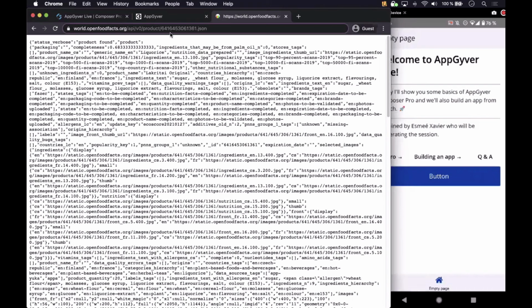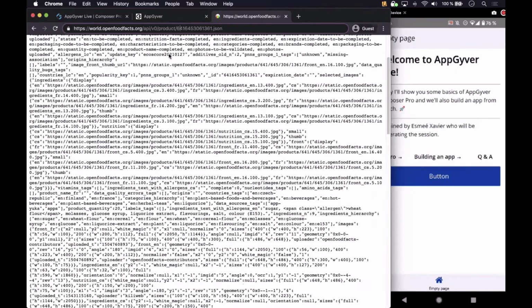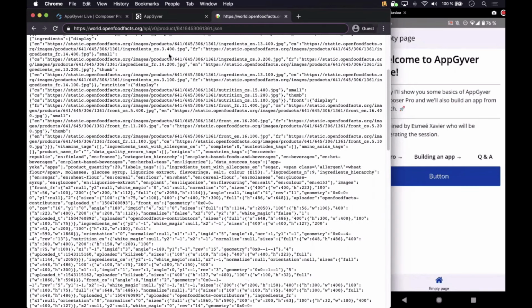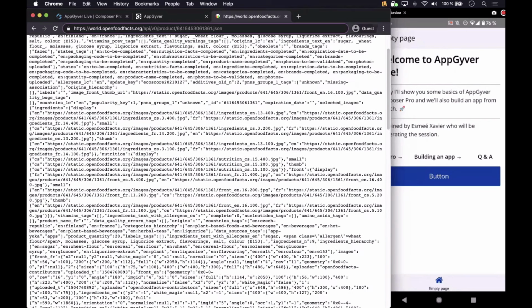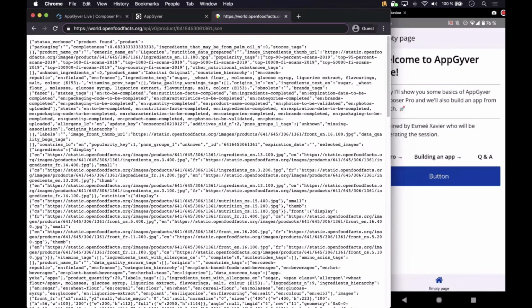And the way this API works is that you give it a barcode, which is this number part here, and then it gives you back some data. So here I have a food product that I picked up the barcode for earlier. In the browser, it doesn't look like much since we're looking at a bunch of JSON data in raw format. So this is not very usable to us,